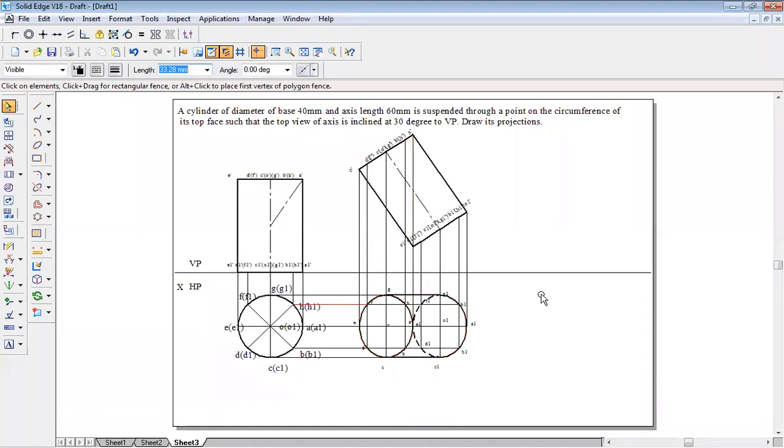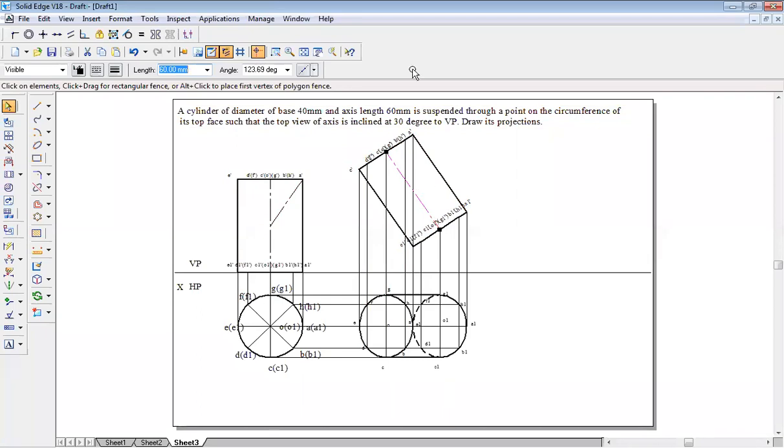That's all. Okay. Next, third, he says top view of the axis is inclined 30 degrees to VP. Top view of the axis means at this condition, when you see it from the top, are you able to see this axis line actual length, or will you be seeing appearing length? When you are seeing from the top, you'll be able to see the appearing length, not the actual length. Actual length you'll be able to see when it is perfectly horizontal. When it is inclined, you will not be able to see the actual length. You will see the appearing length.